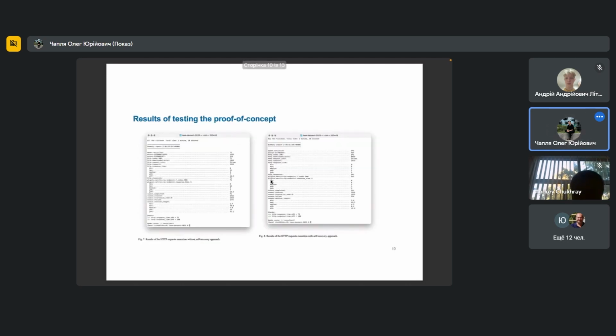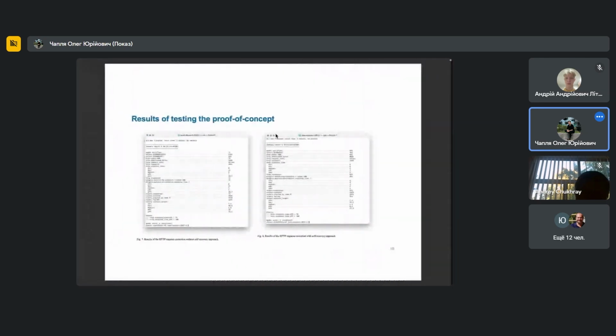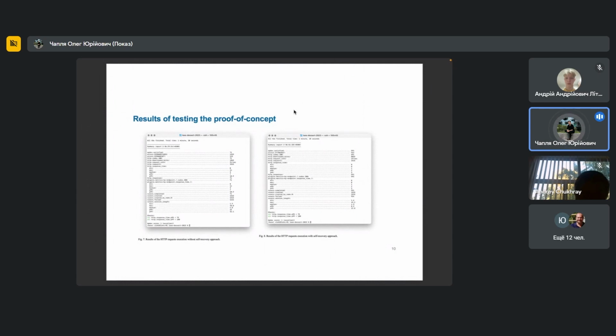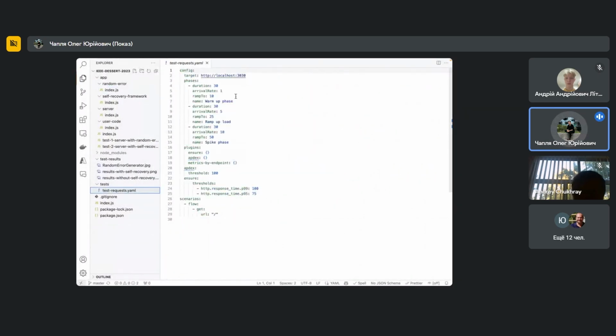Then I created a small project, and that project contains two things: the framework code, then some tests, server, and random error generation. For that project, I've tried to start the server, then created a specific script for it. It's called artillery, and the main point of it is just to create bulk requests to the server within some scenario, and then